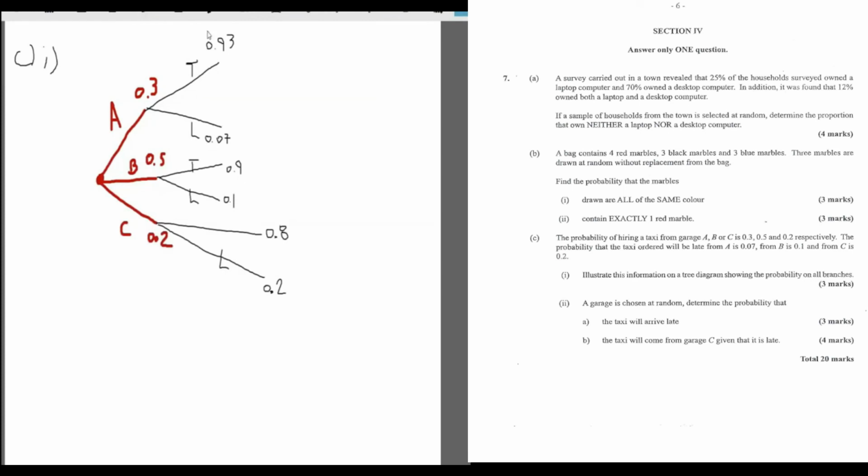The chance of the taxi being late will be the chance of A being late plus the probability of B being late plus the probability of C being late. So the probability of the taxi being late is going to be equal to the chance of A being late. The probability of A being late is going to be 0.3 times 0.7, because that's the chance of A even getting picked, plus